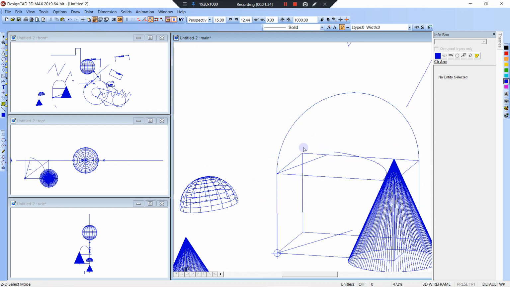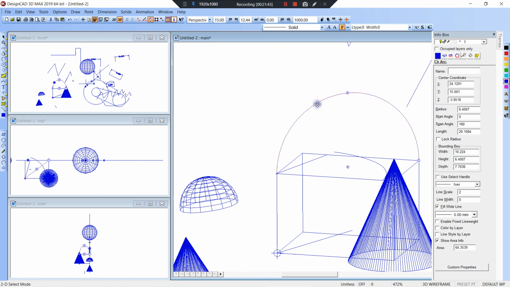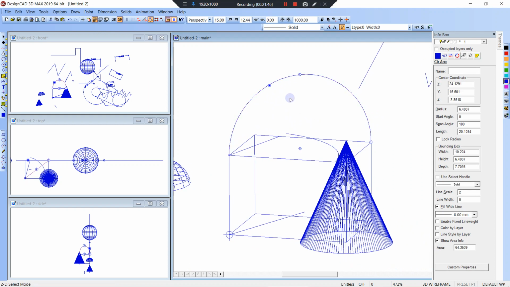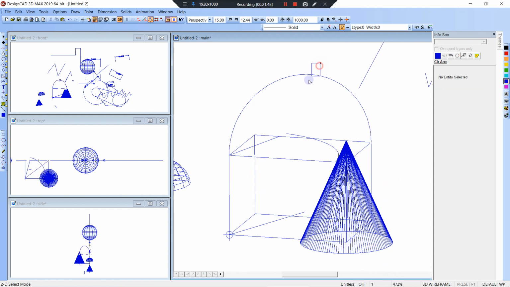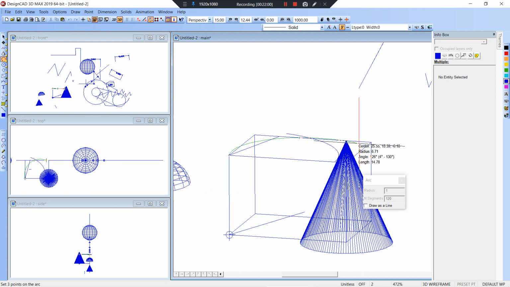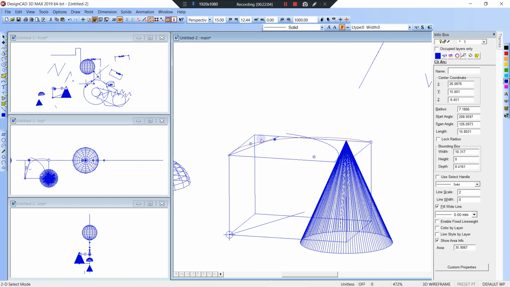That's weird. F3. Why is it doing that? This should be... it's so weird, right? Seems like F3, 3-point arc, about there. Yeah, I'm not sure why it wouldn't make an arc there. It should be,